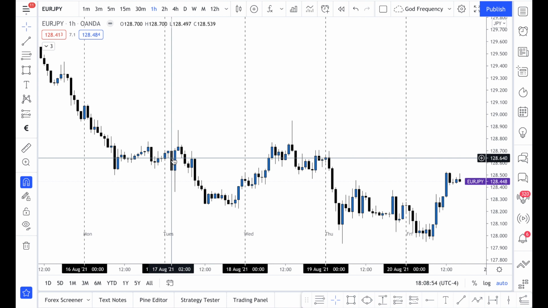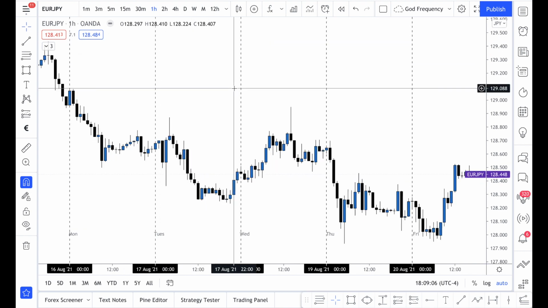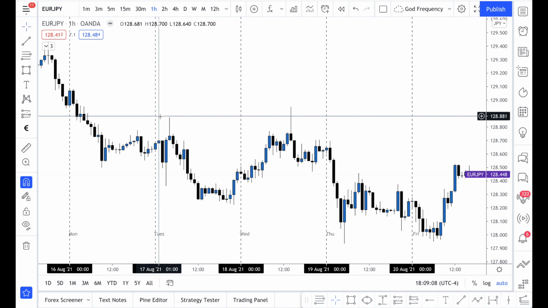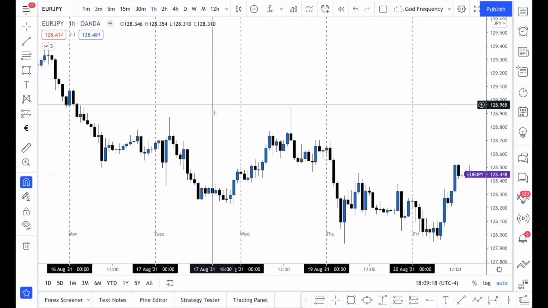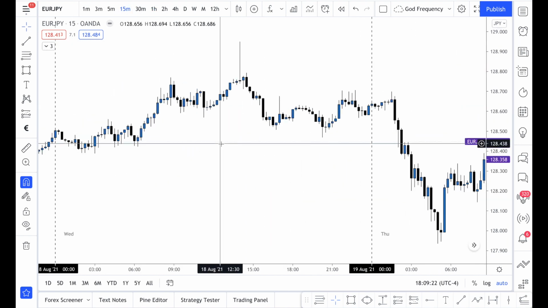Now, normally in the weekly profile of a bearish week, the high of the week usually forms between Tuesday and Wednesday. In this example, I'm going to show you how you could have captured the high of the day on Tuesday, but then also how you could have captured the high of the week on Wednesday if you missed out on Tuesday. So if we go down to the 15-minute chart,